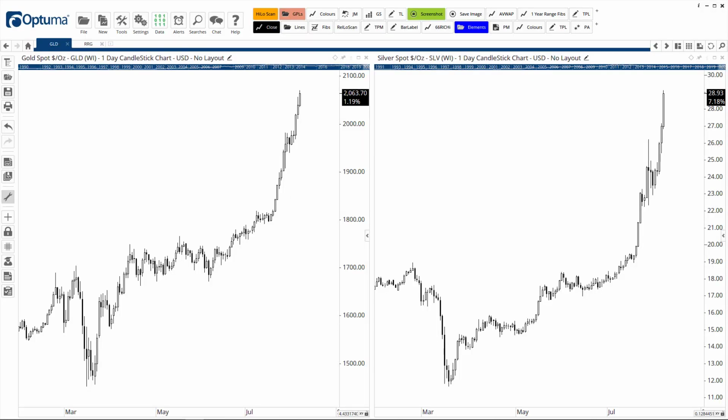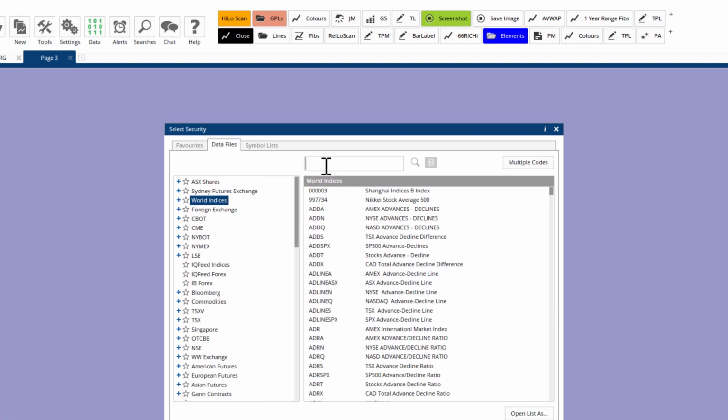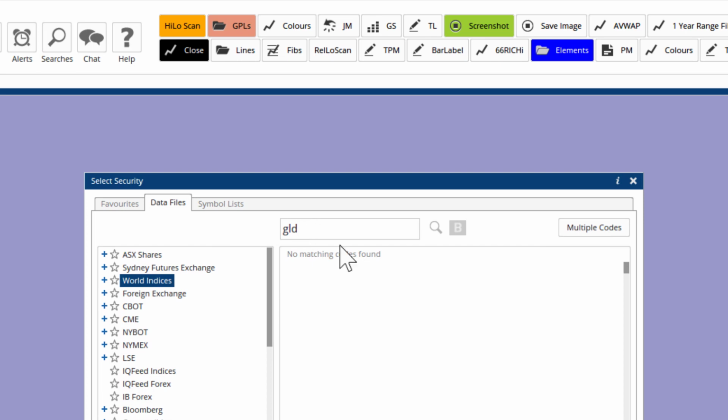Hi everyone. Recently both gold and silver have been on a tear. Gold has reached all-time highs and silver multi-year highs. But here's a couple of techniques where you can compare the two charts. So we've got them side by side here, but another way to do it, I'm going to use the GLD